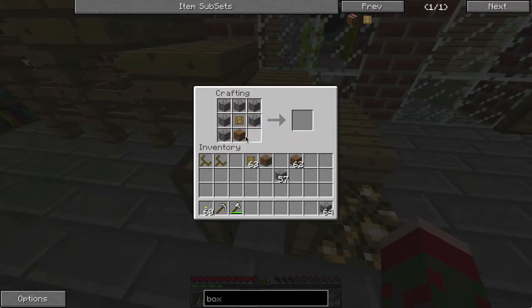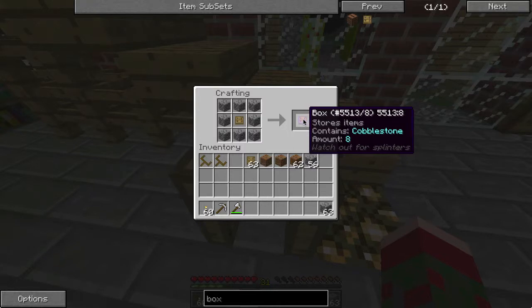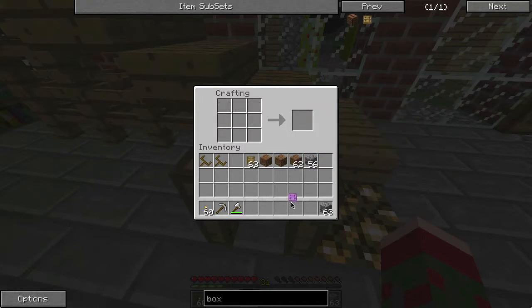Oh, wait, no. I can only put 8 of the exact same item into here. 8 stacks. No, not even that. 8 single items of the same item into a box. See, amount 8. So you take that,